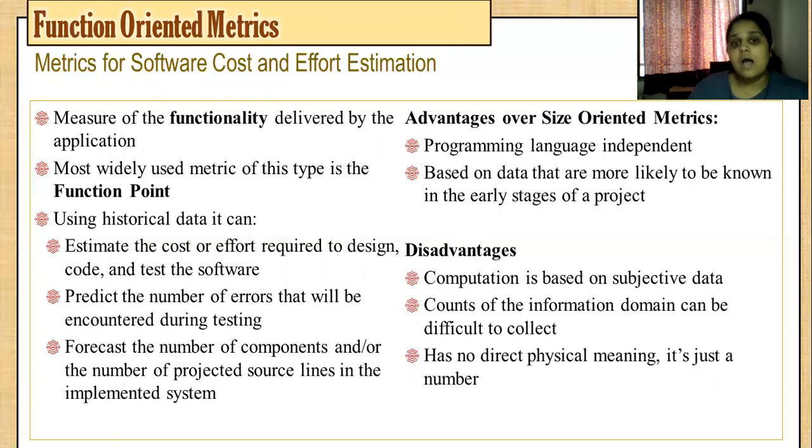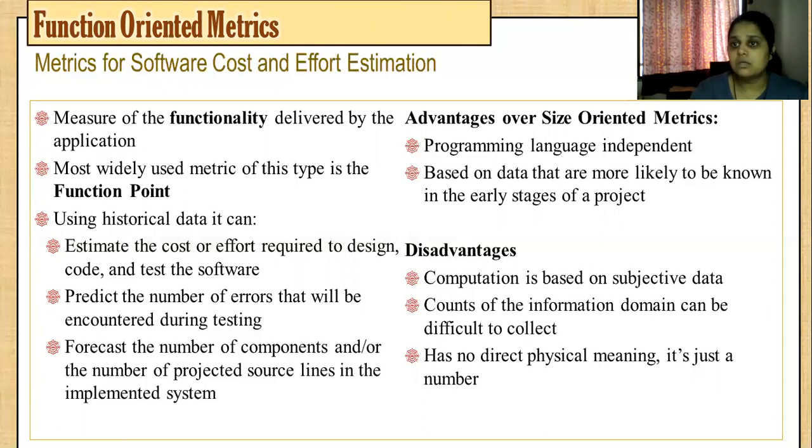Now how does this system work actually? This system takes into consideration historical data. It uses all the historical data available, and it estimates the cost and effort required to design, code and test the software. Using historical data, it becomes very easy to estimate, because you can get a very rough estimate that in this particular software you require this much effort and cost.